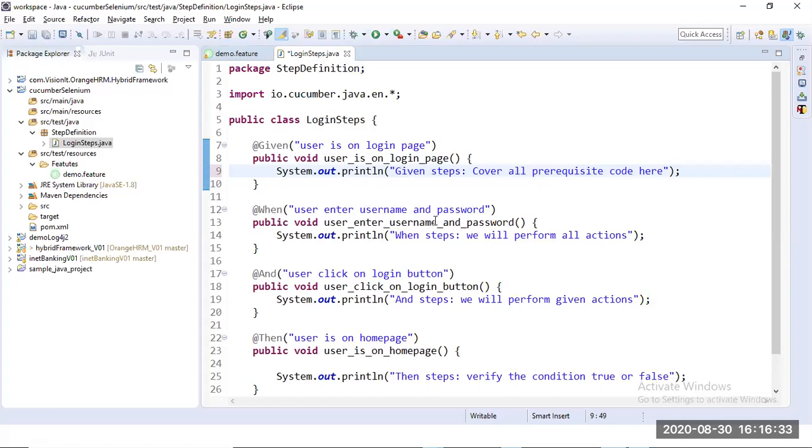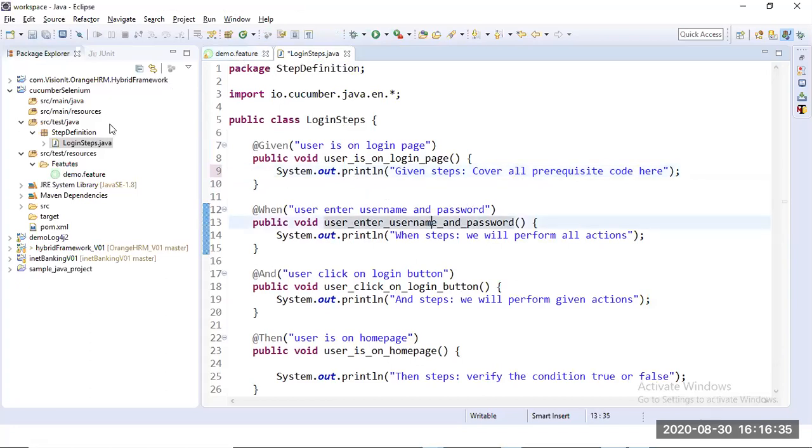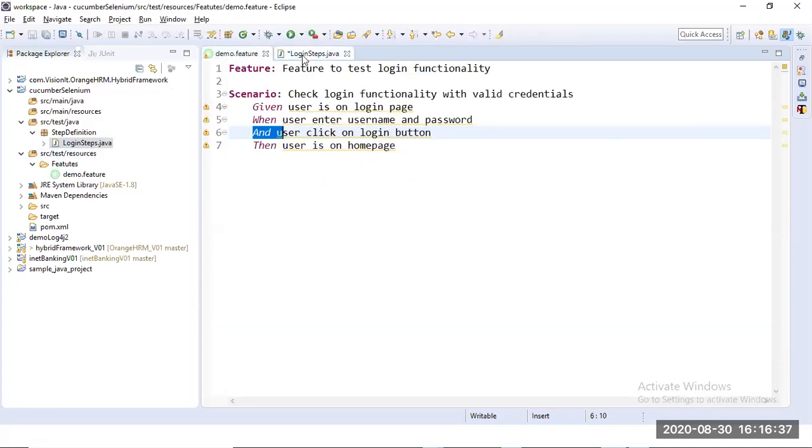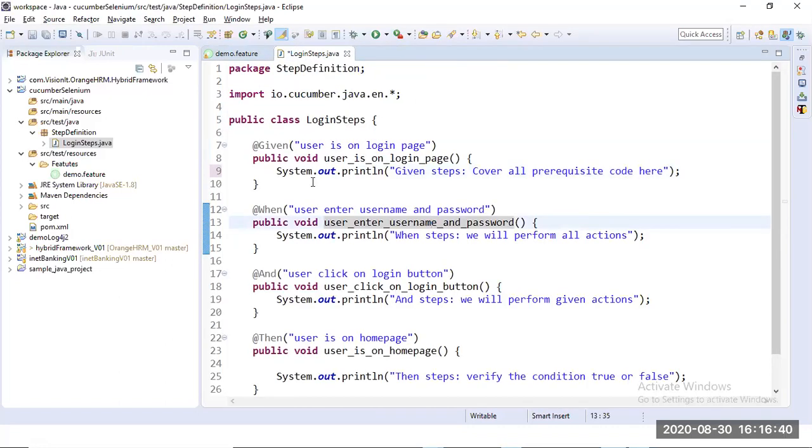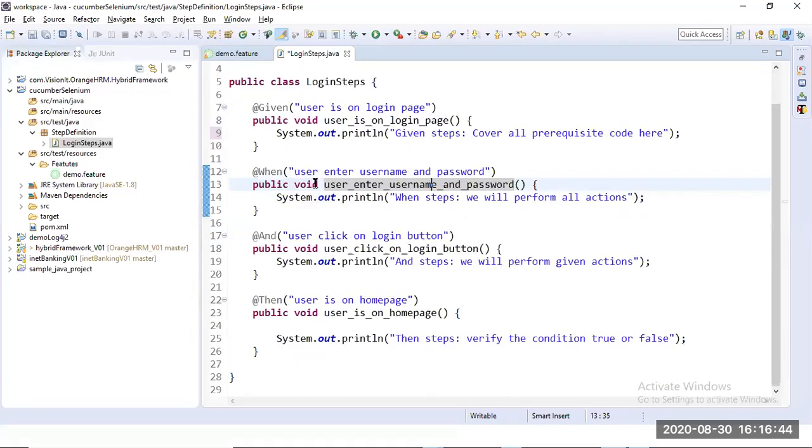Am I clear up to that? So how we created my own project, how we generated this features file, you can execute these features files through some test runner also. How to create a test runner?